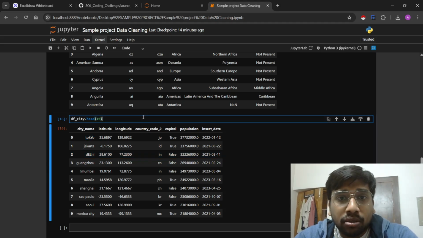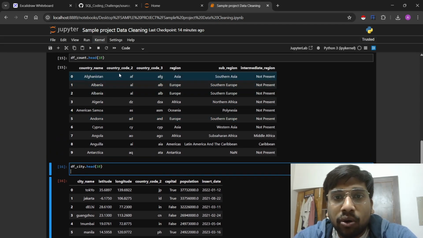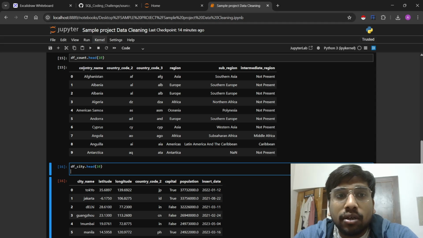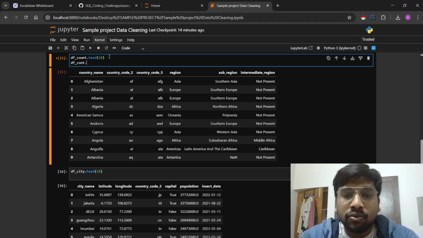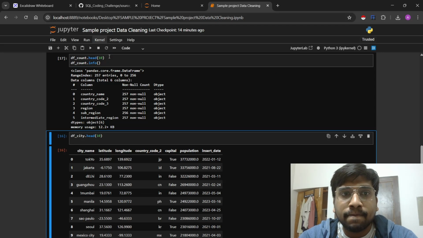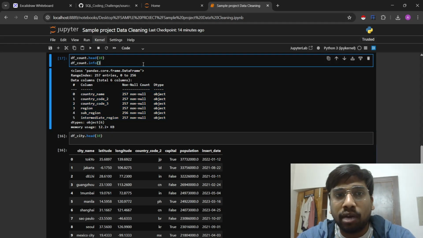One thing I should make sure is that all the columns are of string data type, right? If I do df, let's count. Okay, these are object data type, it's fine, we don't have any issue.